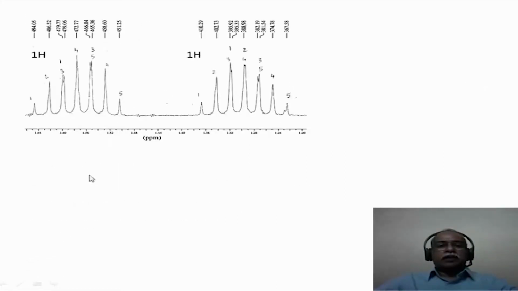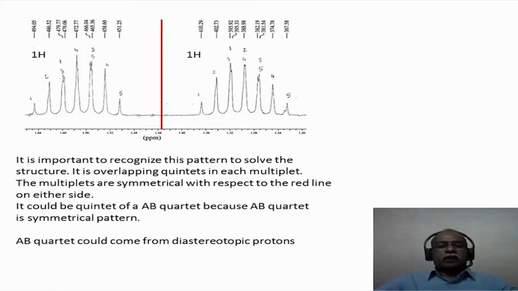this region is that you can see a symmetry with respect to the red line shown here. If the red line were a mirror plane, one half of the spectrum is reflected in the other side of the mirror plane. So you have a mirror image symmetry relationship with this multiplet, and each one has one hydrogen intensity in terms of signal intensity. This would mean it is possible to assume that this is a multiplet corresponding to about a 10 line pattern on this side and a 10 line pattern on this side.